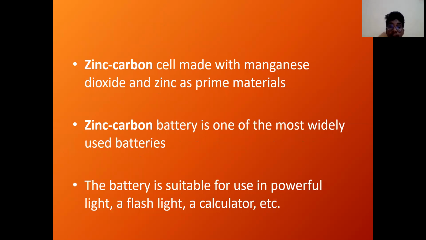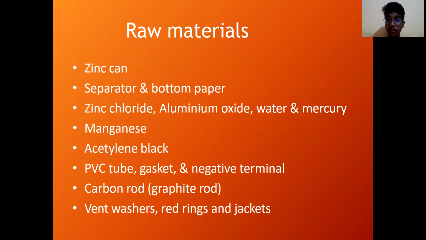As we can see in daily life, we use these types of small cell batteries in remote controls, calculators, and also in flashlights. So the raw materials which are used to make the dry cell are zinc can, separator and bottom paper, zinc chloride, aluminum oxide, water and mercury, manganese, acetylene black, PVC tube, gasket and negative terminal, carbon rod, vent washers,